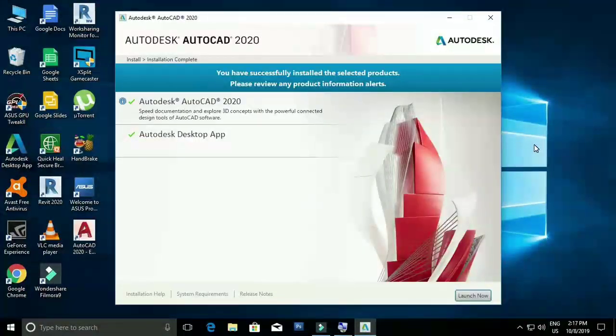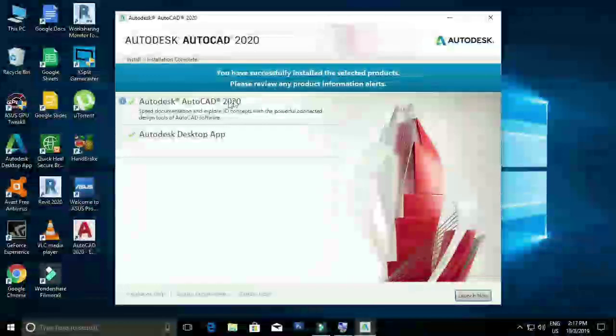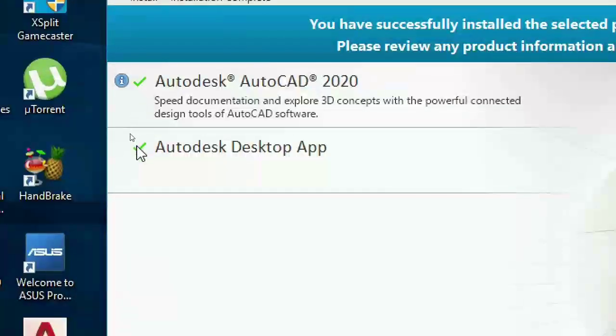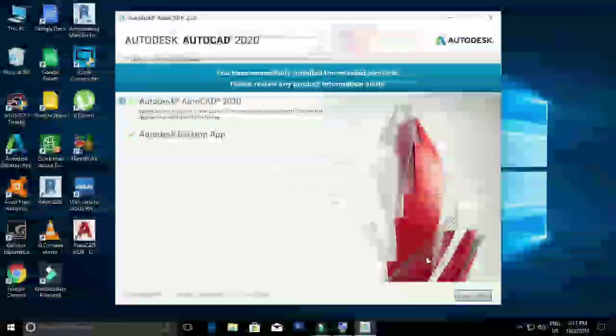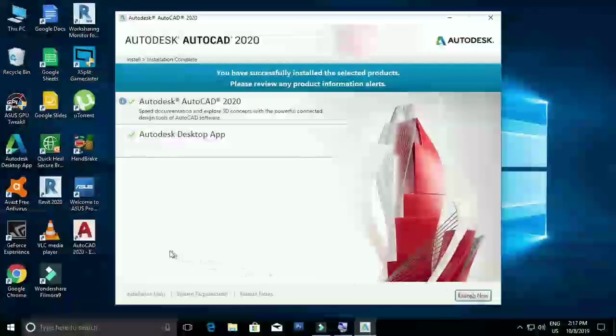Now you can see it's installed successfully. There you can find some green tick marks which will indicate that what components of Autodesk is installed in your system. You can also see that one desktop shortcut is also created in your desktop.